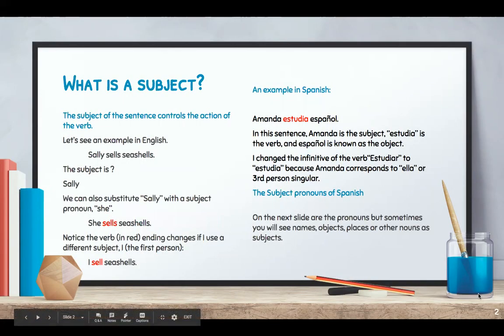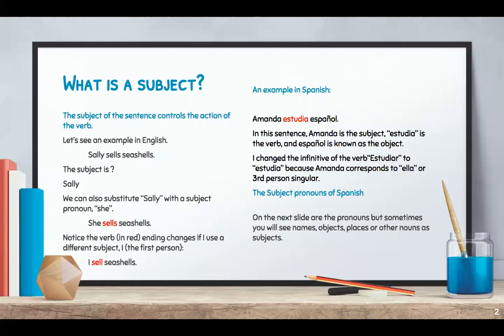So what is a subject? When we start conjugating a verb, we need to first know what the subject of the sentence is. This helps us decide what ending to put on the verb. In Spanish, the ending of the verb tells us everything we need to know. Oftentimes, we don't even put down the subject pronoun. We just have the ending of the verb telling us who or what is the subject